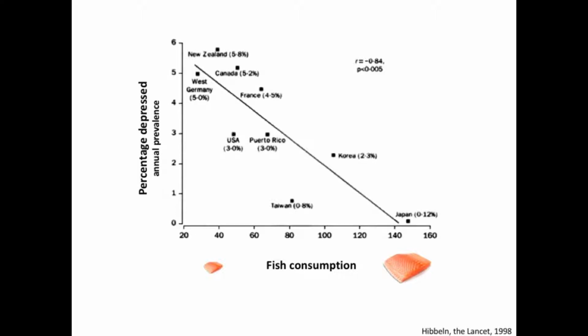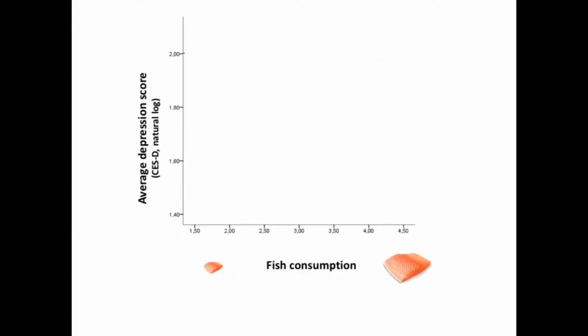But as some of you may now have as well, as a student, I thought, well, what is this data? Why are these particular countries chosen? The depression prevalences did not match the numbers I'd learned during psychiatry class, and the article was already more than 10 years old. So I tried, let's replicate this in a more recent set of data. And here you see the same graph, with on the x-axis the fish consumption, and on the y-axis the average depression score on the validated depression questionnaire for only European countries.